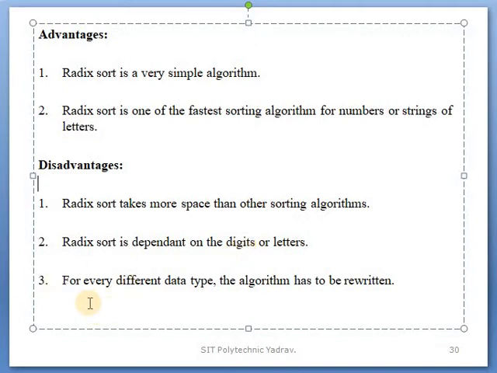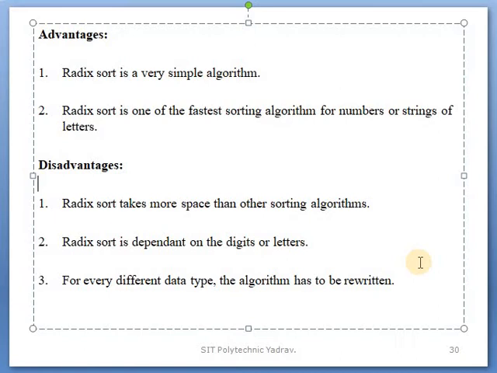The next disadvantage is that for every different data type the algorithm has to be rewritten. Clear? After pass 1, the numbers are arranged in a specific manner. After that, in the second pass, the tens positions of the numbers will be sorted.